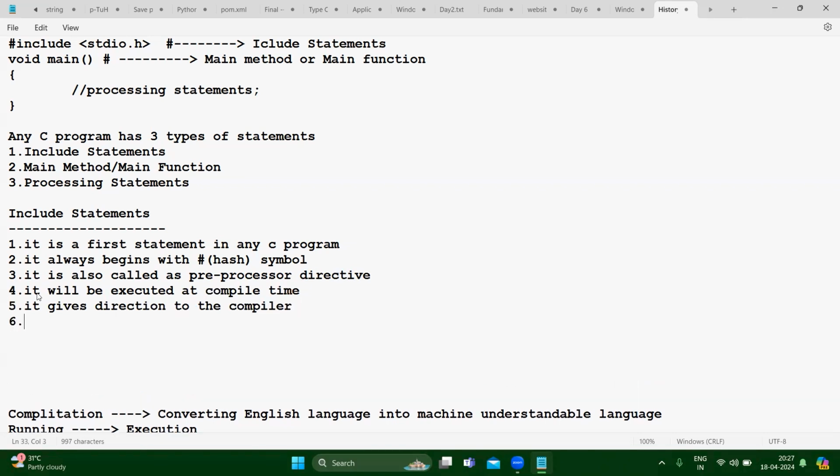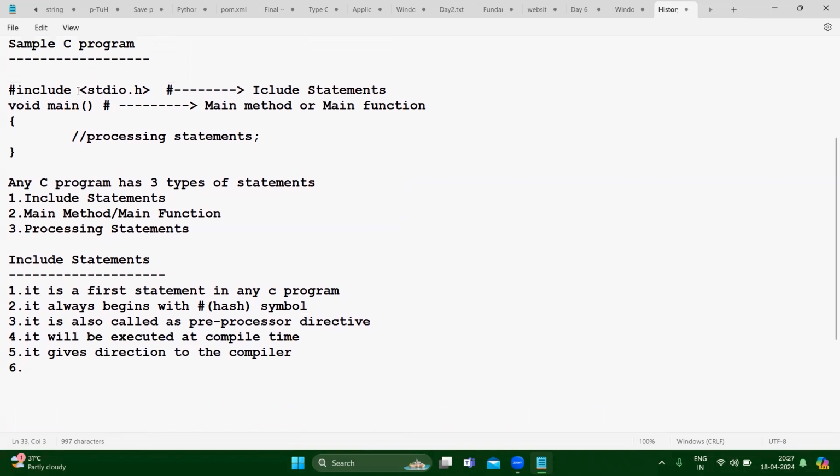And next, here you can see stdio.h is there. What is this? Standard input and output, right? And .h means header files. Any program you write needs some predefined functions to run your program smoothly. Those predefined functions, .h means header files, should be included in your program. So that's the reason we write stdio.h or math.h, or stdlib.h like that. Library files like that.